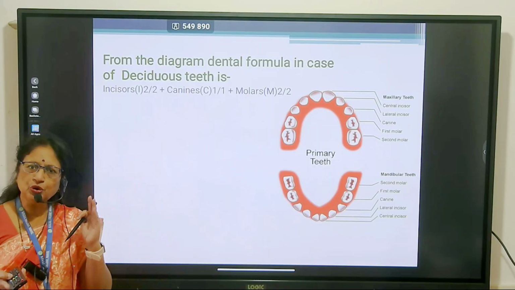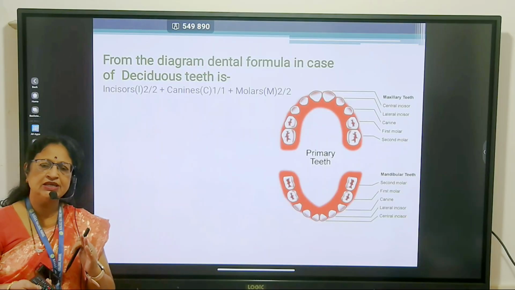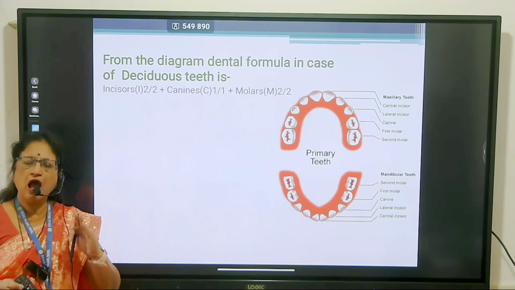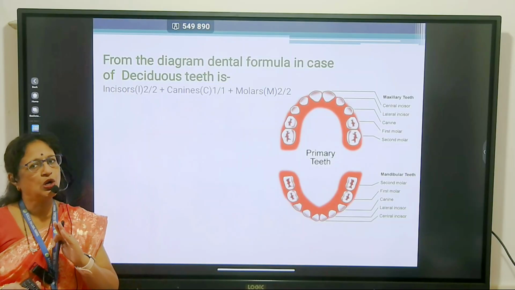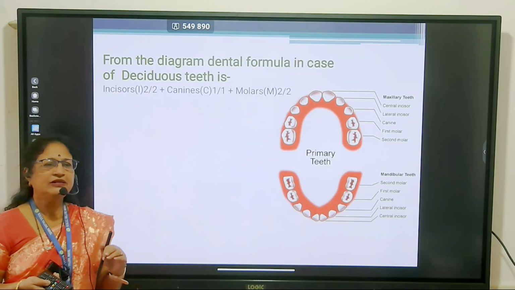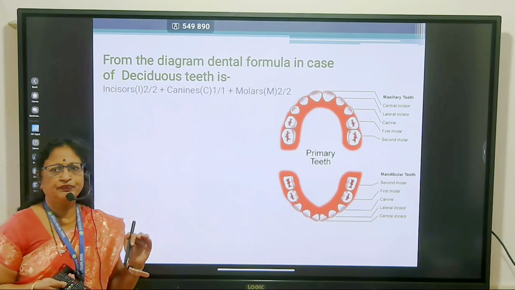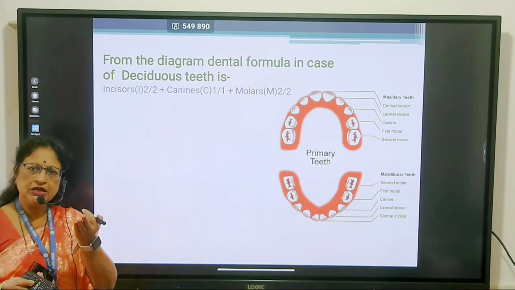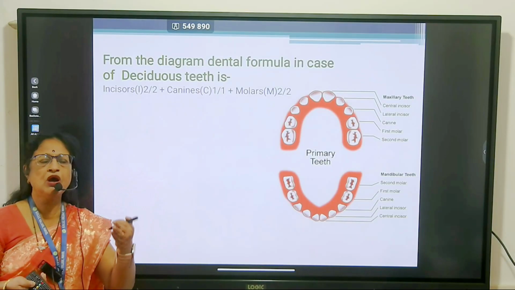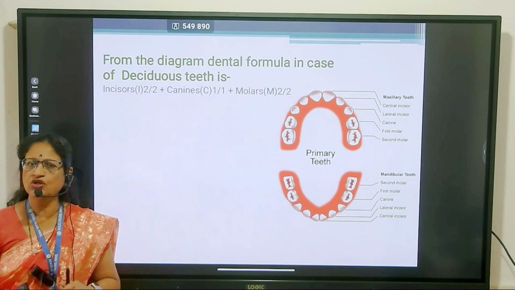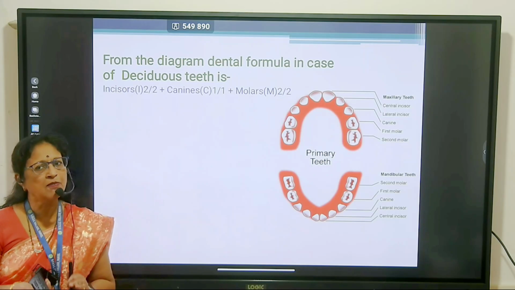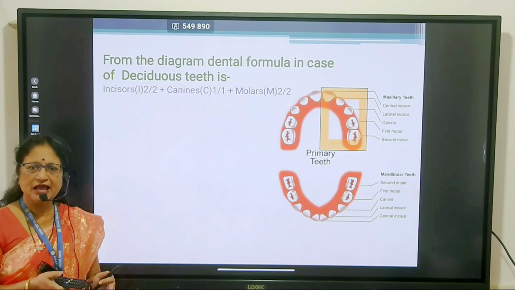So two incisors are present in the half part of the upper jaw as well as the half part of the lower jaw. Now, beside this incisor, there is only one canine. Then two molars in the upper jaw and two molars in the lower jaw. In the case of the milk set, the premolars are completely absent, and that's why